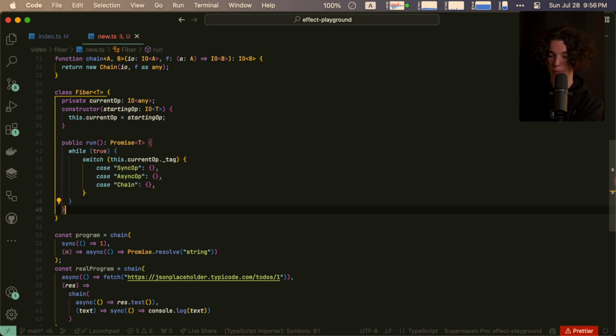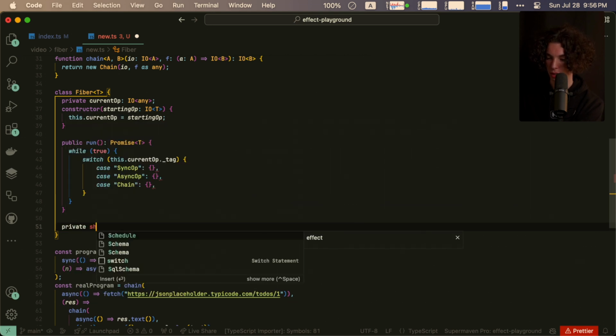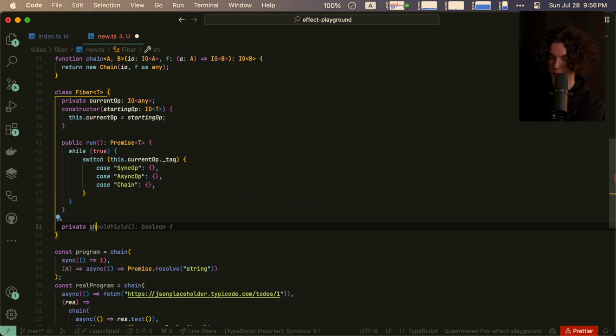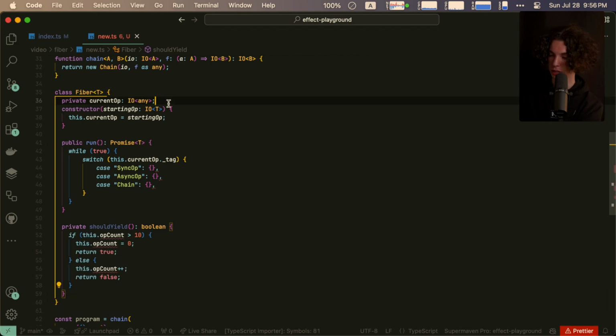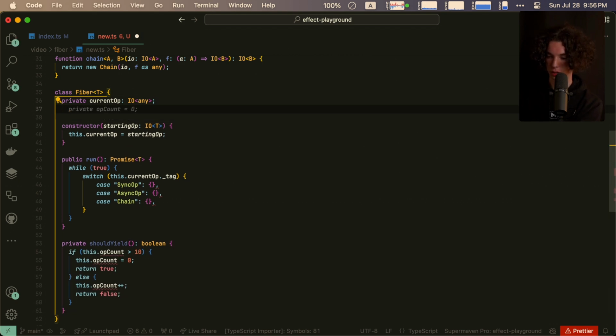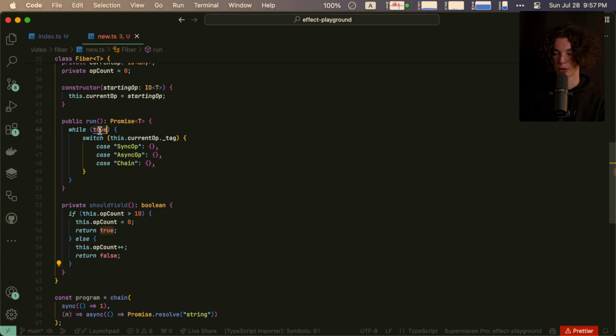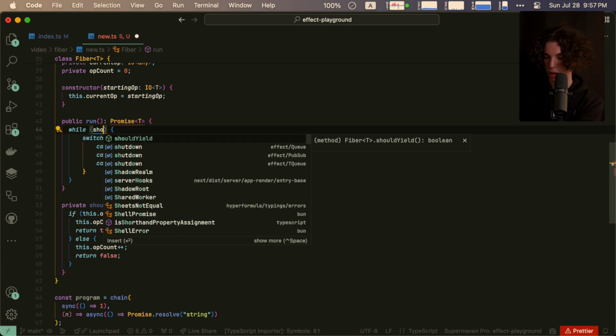And so we're going to start by creating a private function called shouldYield. And this is going to return a boolean. And so you'll see, here's our implementation. We're going to create a new instance property called opCount. And what this represents is the number of operations we've executed since we've last yielded. And basically, we're just going to increment this on every operation. And once it gets greater than 10, we're going to say, yes, you should yield. And so then instead of while true, we're going to say, while